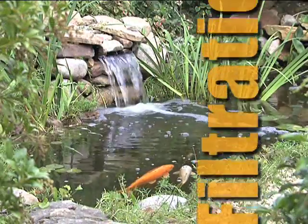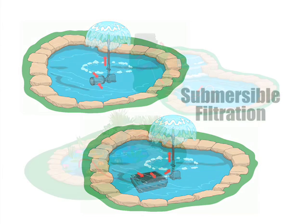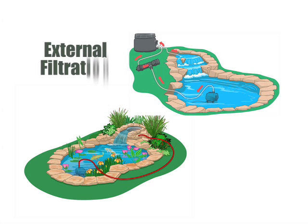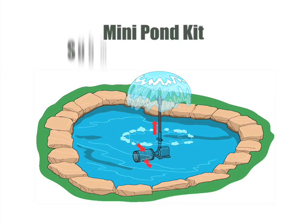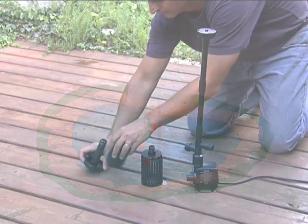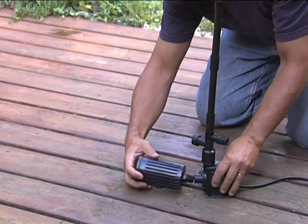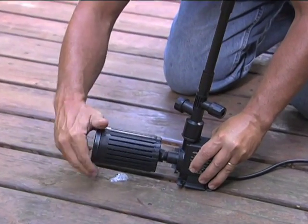For your water garden, you'll need a filtration system. You can choose between a submersible filtration system, where the filter is attached to the pump intake and both are underwater, or an external filtration system, where the water is pumped to a filter located at a distance from the pond. The smallest Tetra filtration fountain kit provides basic filtration and circulation for ponds under 100 gallons. It includes a 325-gallon per hour pump, a cylinder filter with a sponge to trap debris, and a fountain with